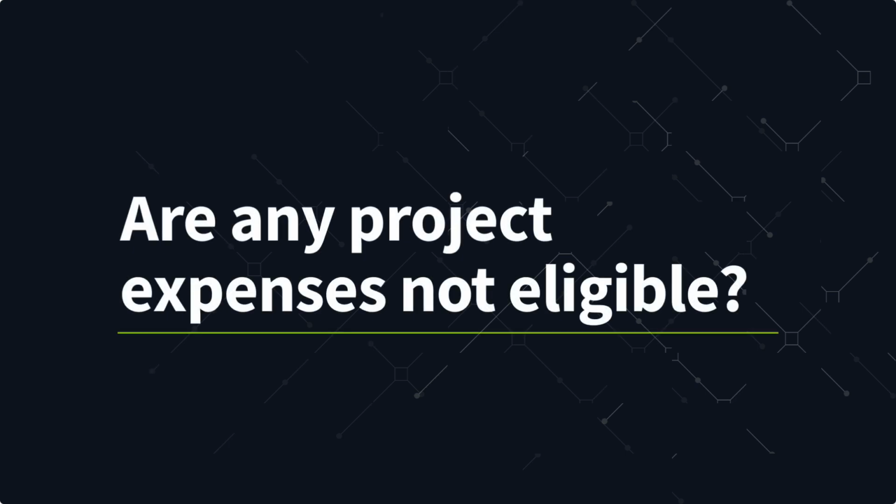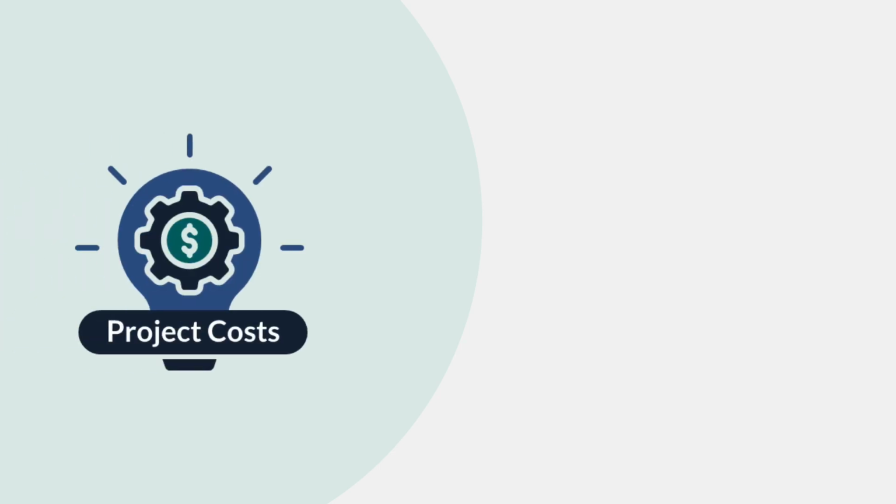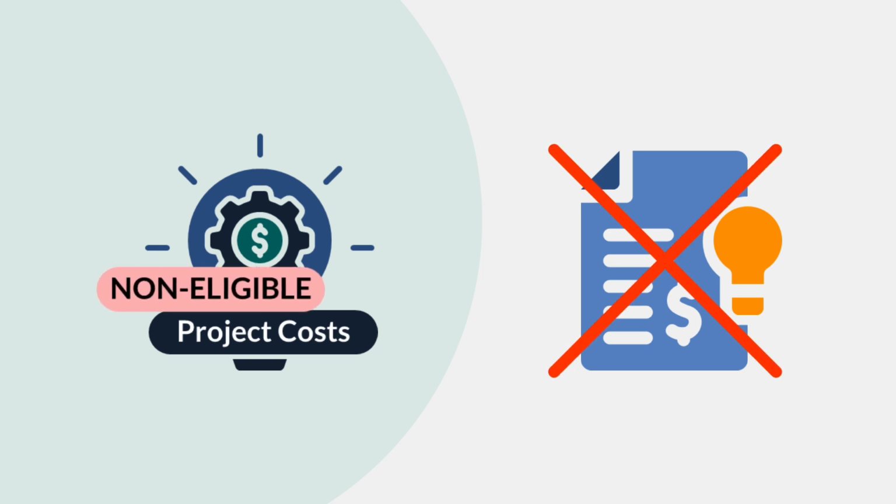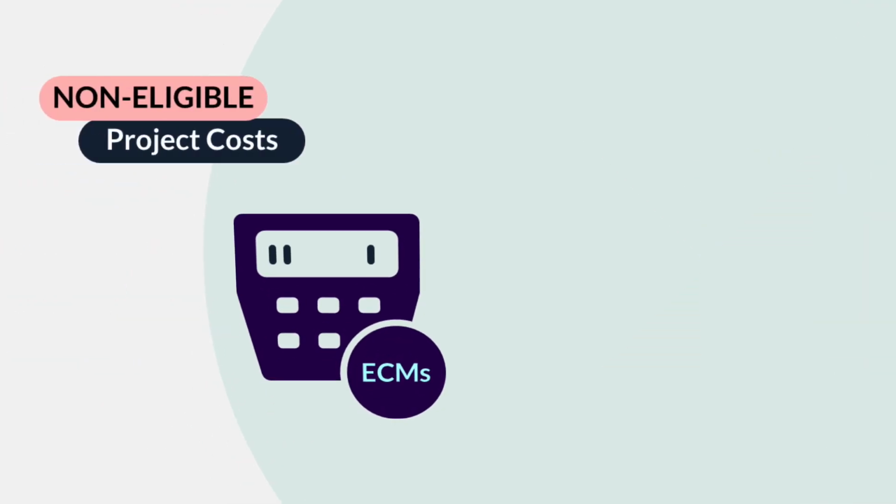Are any project expenses not eligible? As we now know, eligible EPC project costs will be listed on your EPC approval letter. So you can assume any project cost not listed is non-eligible unless a specific written request is submitted to HUD. Otherwise, some standard non-eligible EPC project costs include but are not limited to: